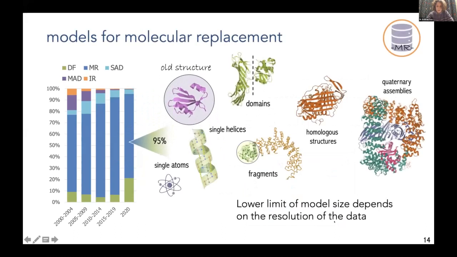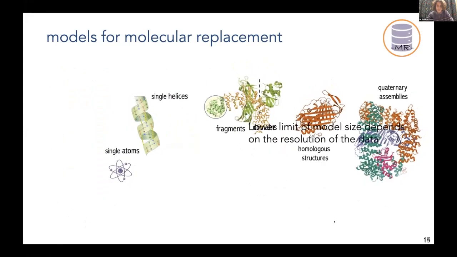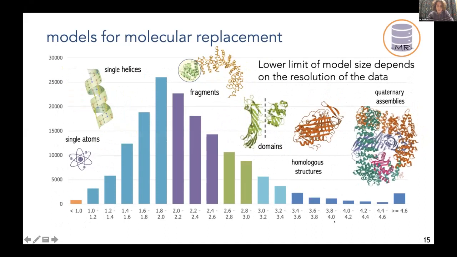Well, it's a very, very versatile technique. You can use everything from full structures, quaternary assemblies, all the way down to single atoms. And what you can use depends on the resolution of your data. So this is the PDB again, showing it split up into resolution bins this time. And you can see for single atoms, you need very high resolution data. And as you get to lower and lower resolution, you need to use more and more of your asymmetric unit